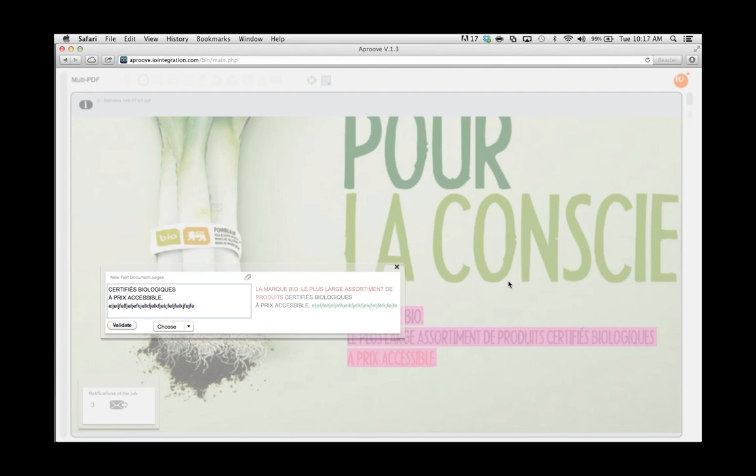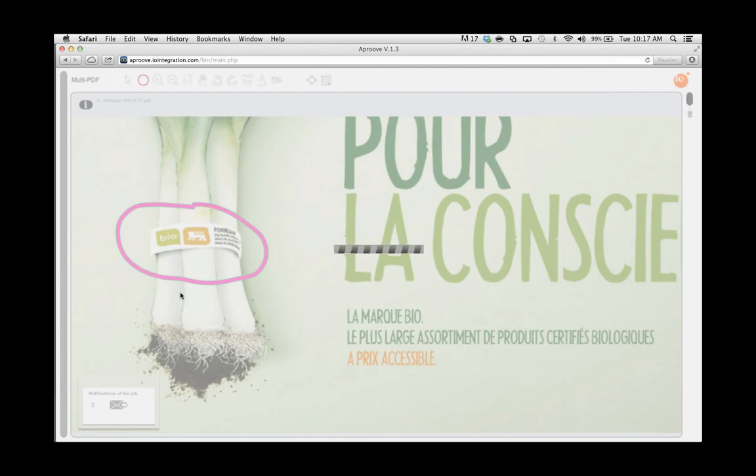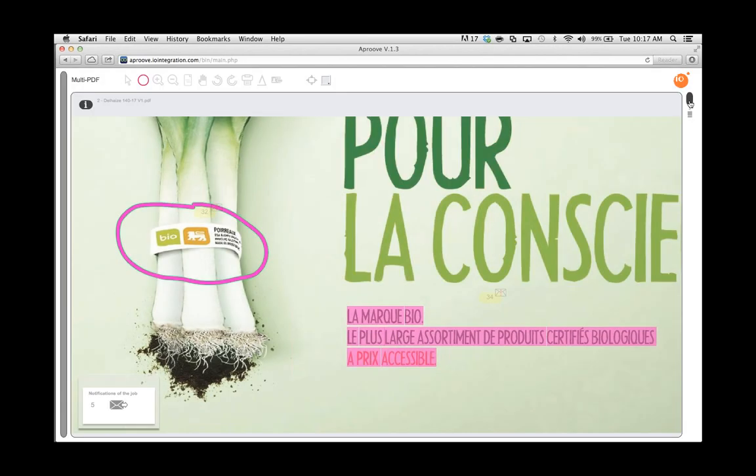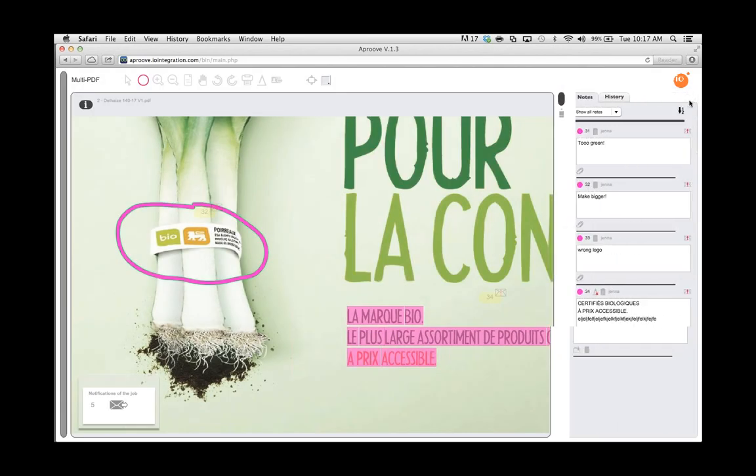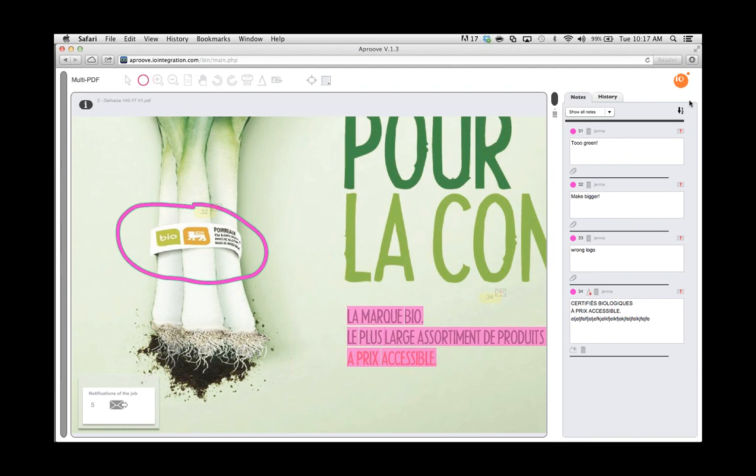So a very quick and efficient way to submit copy changes. And if I begin making those changes, like let's say removing text, this gets highlighted in red. And if I begin adding new text, this gets highlighted in green. So a very visual feature